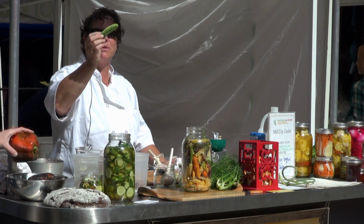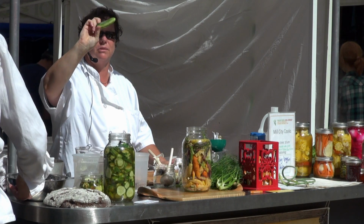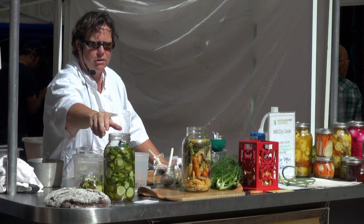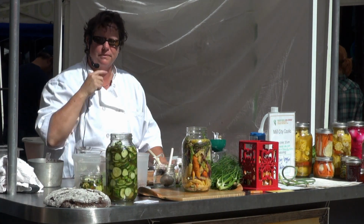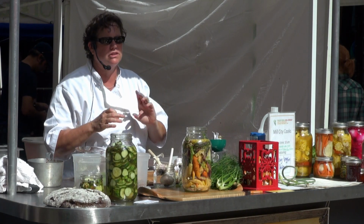For our pickles, we always like to do a little, we don't peel them all the way, we just do a little zip strip around them, like 3 or 4 strips with a peeler, and it just gives them a little bit of interest. Our cucumbers are coming in now, they're more like salad cucumbers, so they take the quick